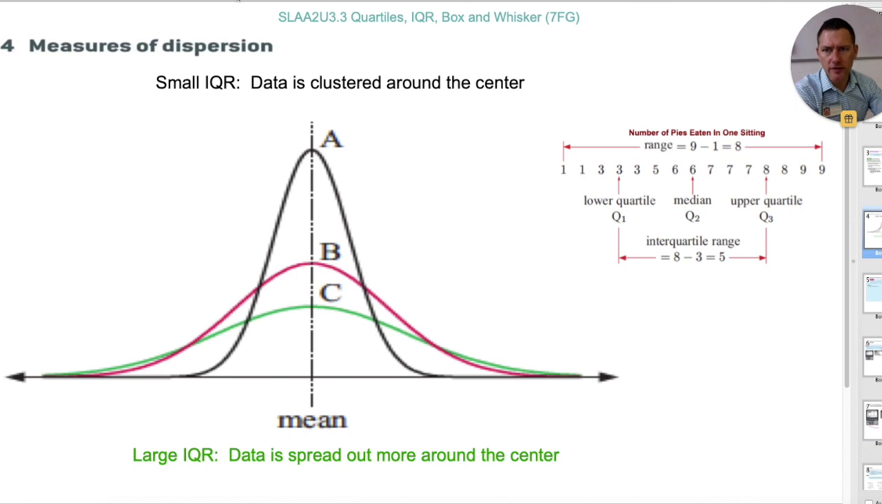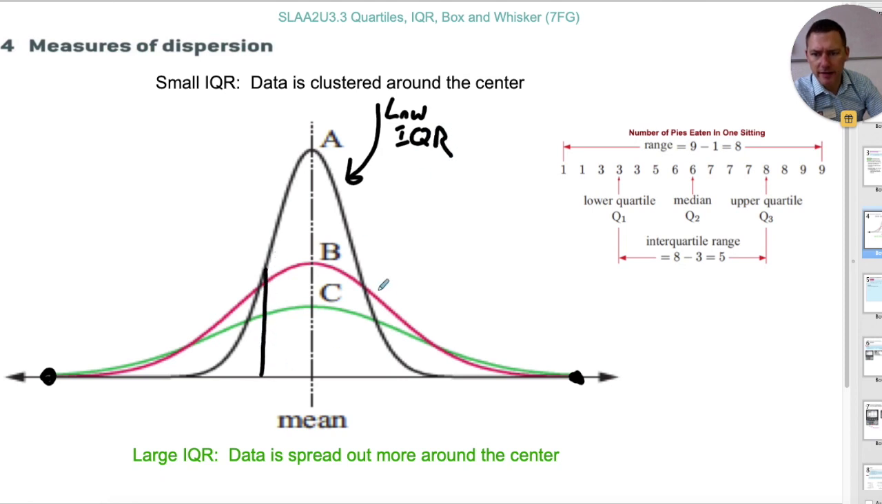You can also see this, a large IQR or interquartile range. Notice that these have the same highest and lowest values. If these are all our quiz scores, this curve has most of the data concentrated in the middle, and so this is going to have a low IQR, the black line,